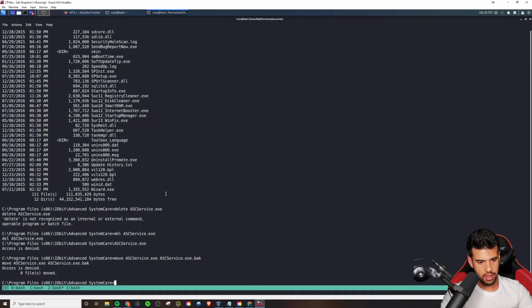Back, maybe. Okay, so it's denying us access to actually do anything like that. So the next thing is maybe, I think it might be because the service is running actually. So in Windows, the way you can stop services, you got to do SC and then stop and then the name of the service. This thing is called Advanced